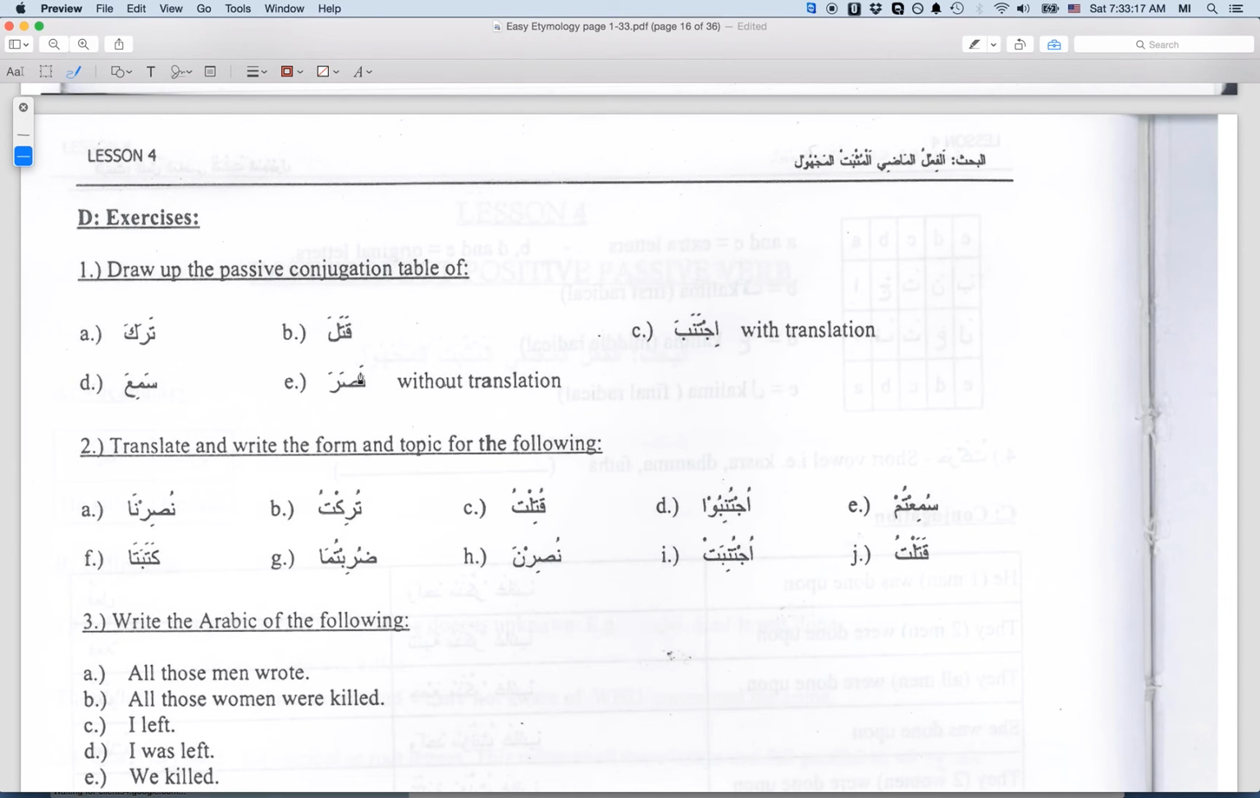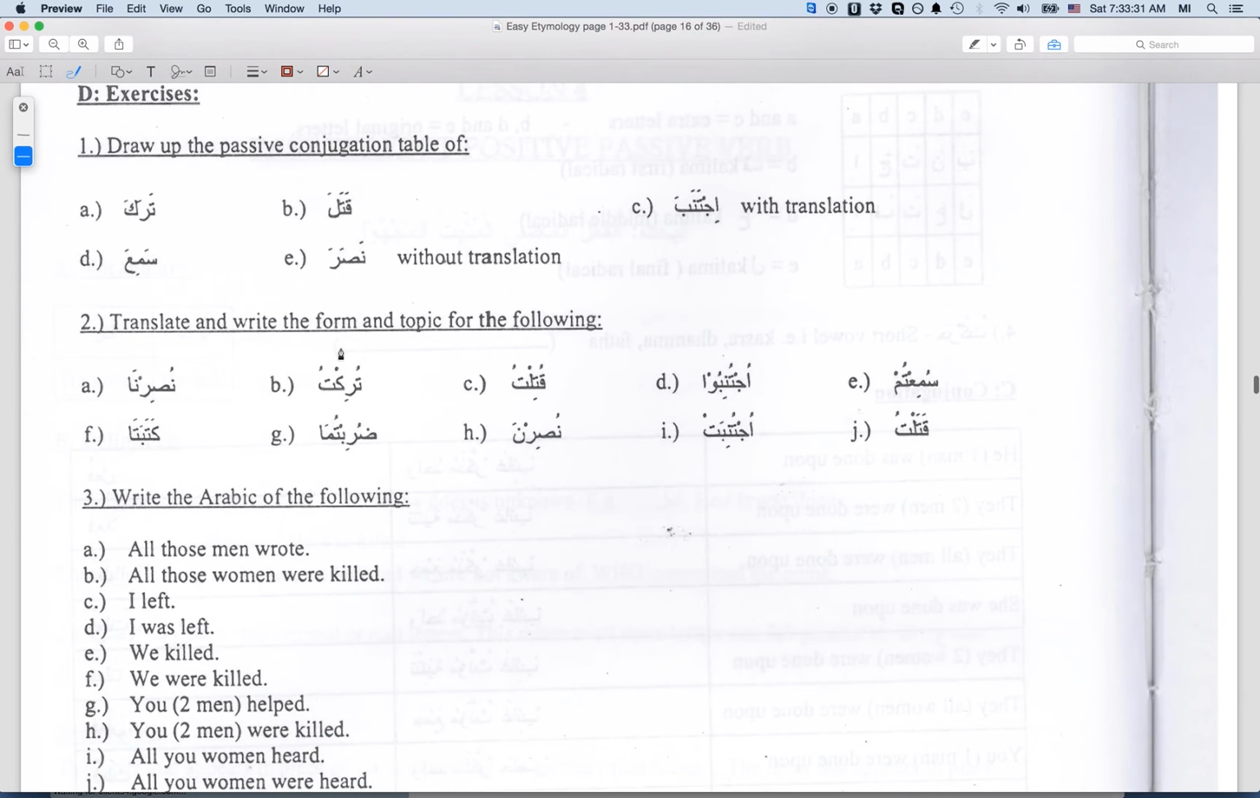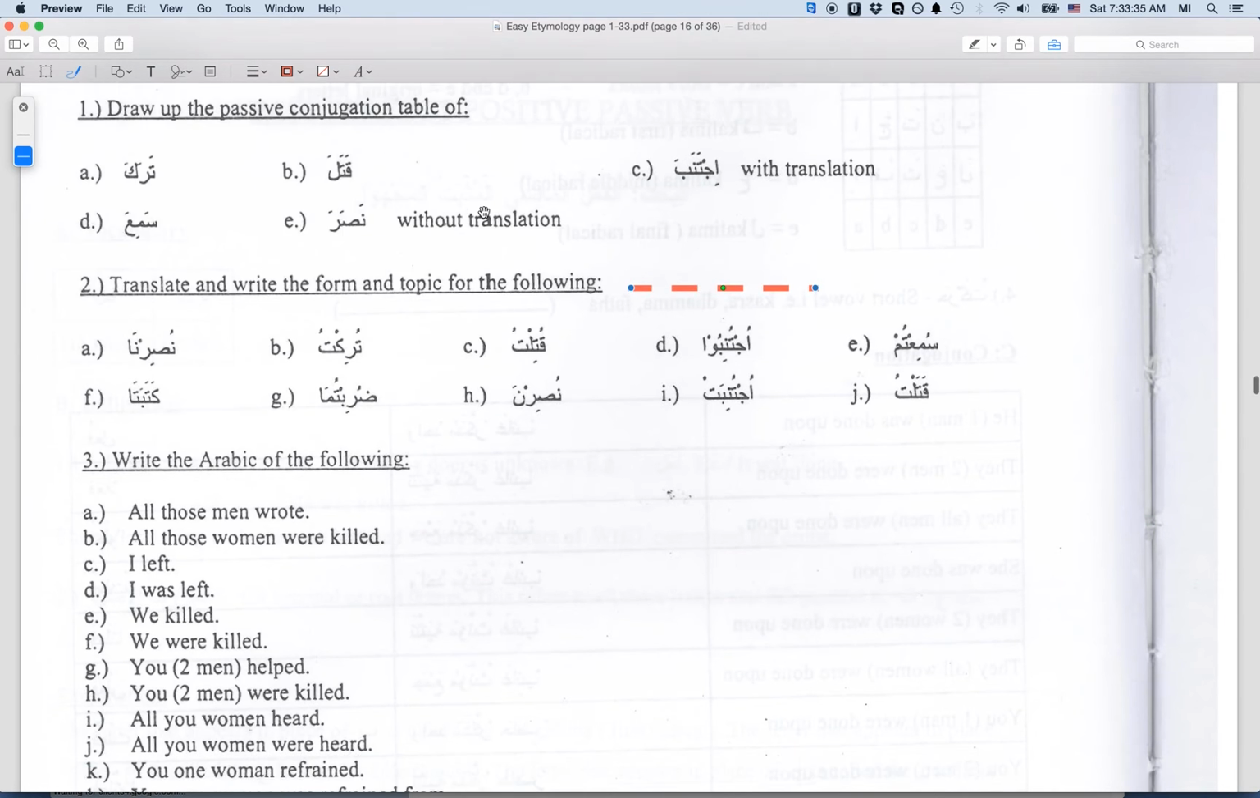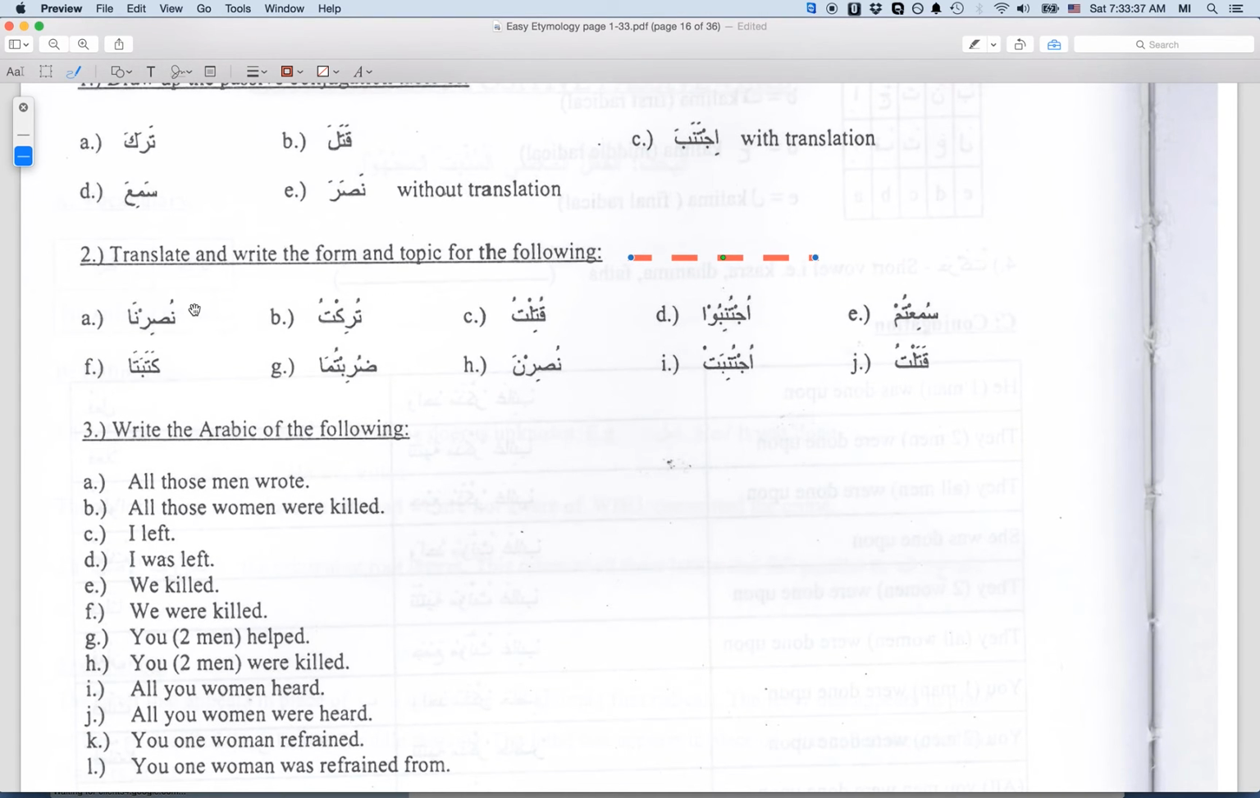Nasara, nasara. نصر نصر نصرا نصروا نصرت نصرتا نصرنا نصرت نصرت نصرتما نصرت نصرتم نصرتي نصرتما نصرتن نصرت نصرنا. Translate and write the form and topic of the following. نصرنا, we were helped. So this is